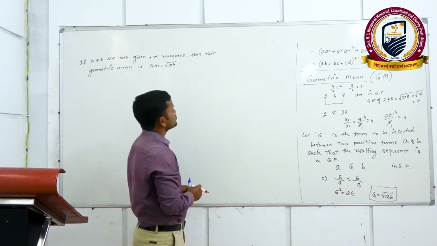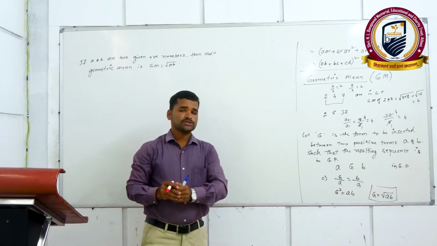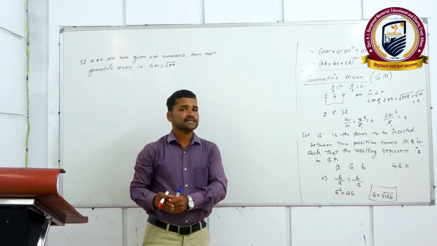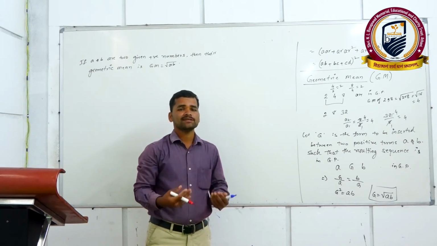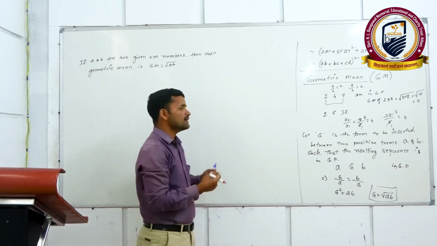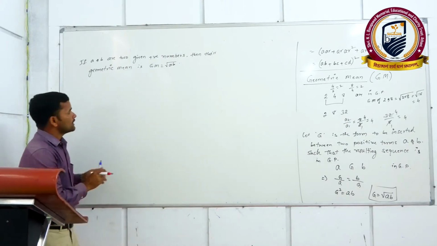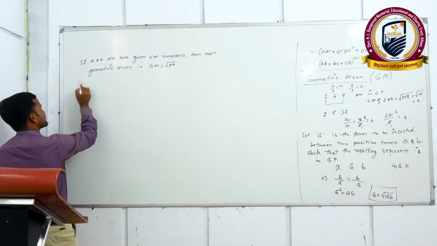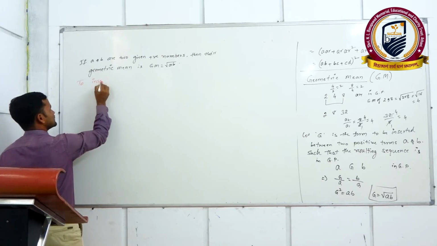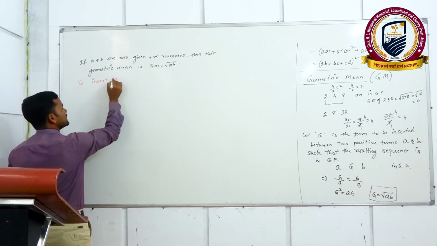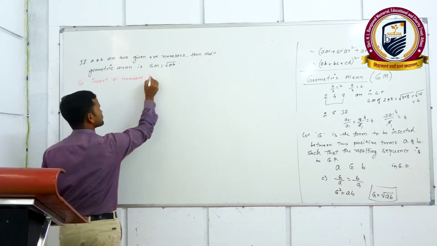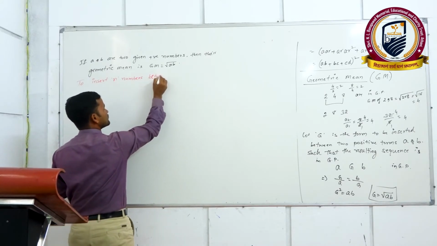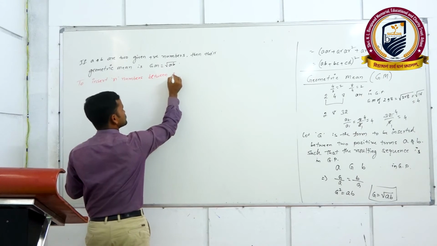Now suppose between two given positive numbers, they want to insert 2 numbers, 3 numbers, 4 numbers, 5 numbers, then what will we do? Then we will follow this method. Let us take the heading: to insert n numbers between positive terms